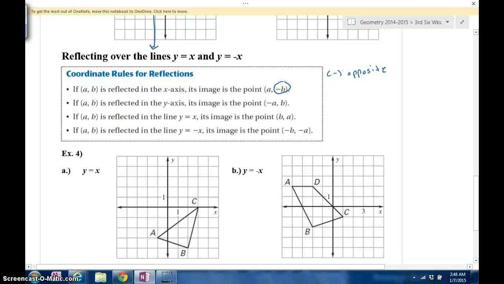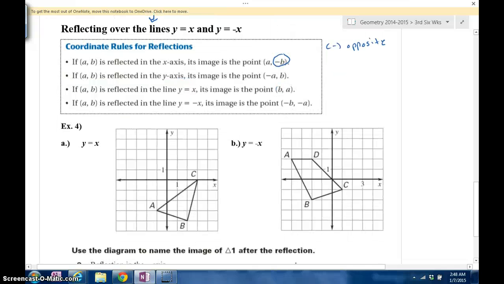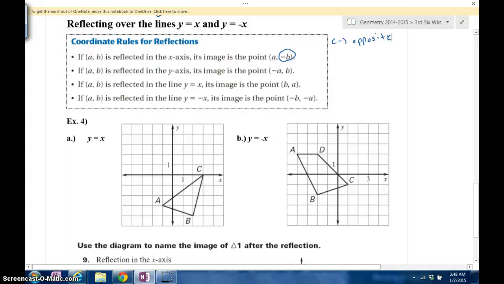So now we have two other rules here that you're going to need, because these are going to be diagonal lines. And we have the parent function diagonal line of y equals x. This is your parent function, from Algebra 1, if you remember. And this line, if you remember y equals mx plus b, well, there's really a 1 in front of x, which is 1 over 1x, and the y-intercept is 0. So we have this slope of 1 over 1,